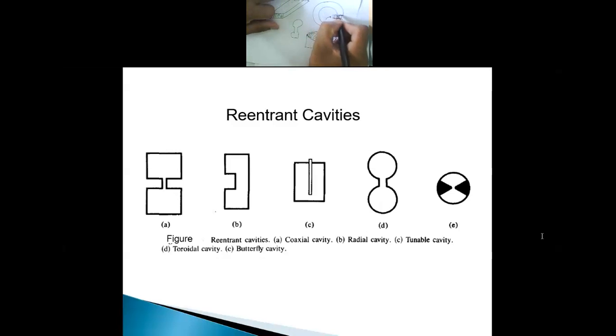And again, we can say that this particular cylindrical shape is nothing but an inductor. So if you draw an equivalent of this cavity, it looks like a capacitance and an inductor. Okay, so that is about your cavity. Now these cavities are used to store energy, or we can use this cavity at high frequency. That's why reentrant cavities are used at microwave frequency.